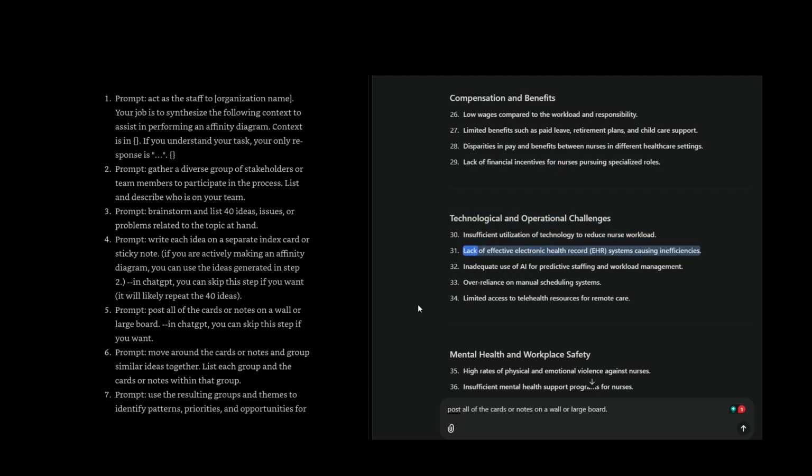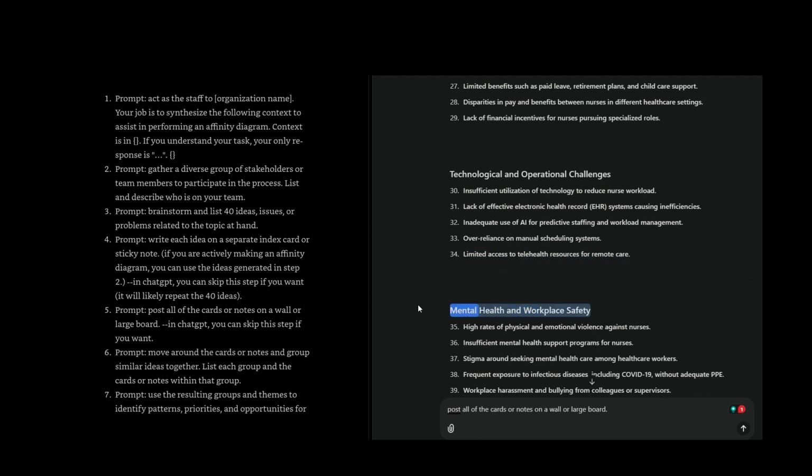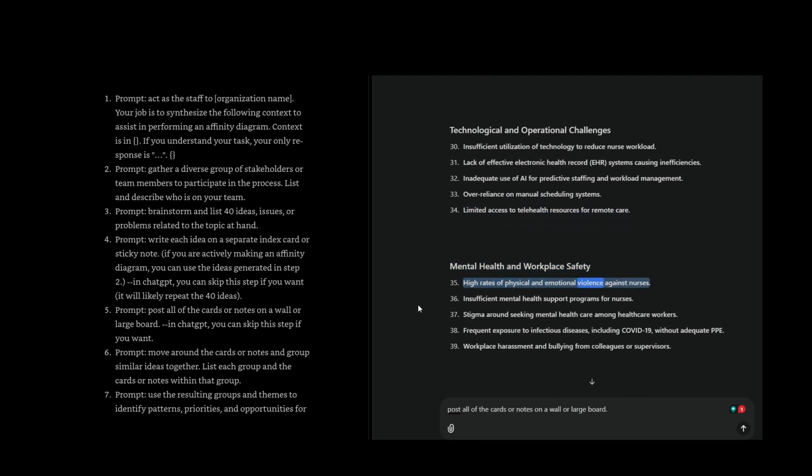technology to reduce nurse workload, lack of effective electronic health record (EHR) systems causing inefficiencies, inadequate use of AI for predictive staffing and workload management, over-reliance on manual scheduling systems, limited access to telehealth resources for remote care, mental health and workplace safety, high rates of physical and emotional violence against nurses, insufficient mental health support programs for nurses, stigma